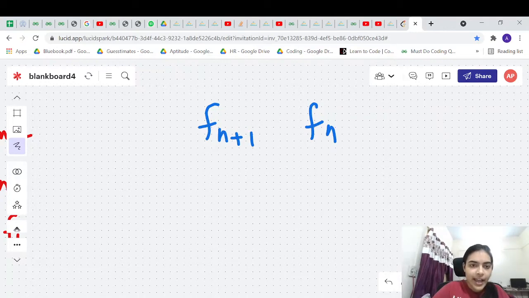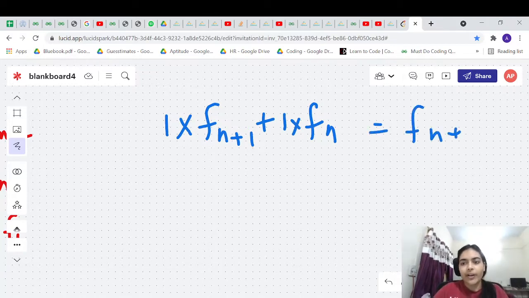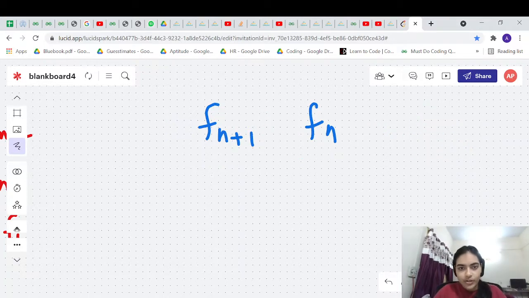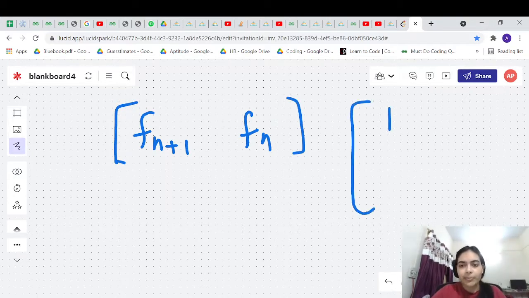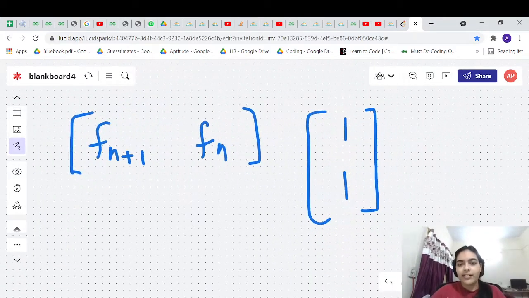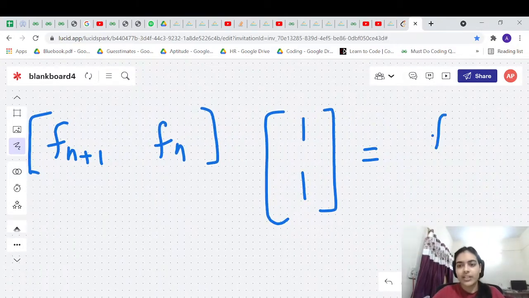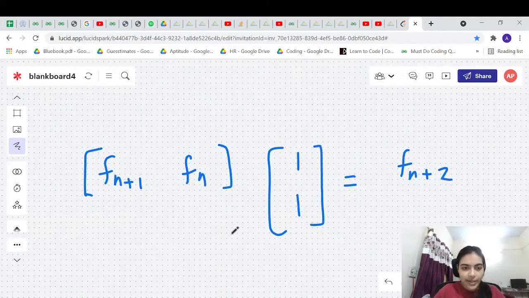So what does that mean? I am just taking 1 multiplying by this term. Okay. Again, taking 1 multiplying here and I am getting f of n plus 2. f of n plus 2 is just f of n plus 1 and f of n. Okay. So very simple equations. I have just written like this, right? f of n plus 2 can be given like this. What I am doing, let me represent it in the form of a matrix. Taking f of n plus 1, taking f of n, multiplying both by 1 and what is the answer of this? The answer of this is, what is this? f of n plus 2. Okay. So this is the matrix representation.